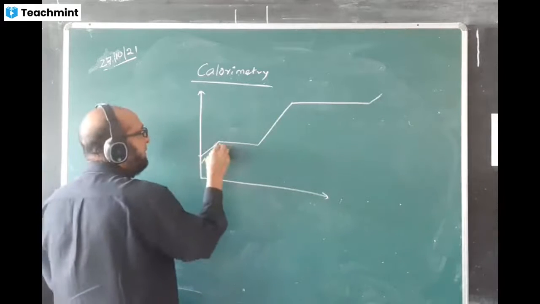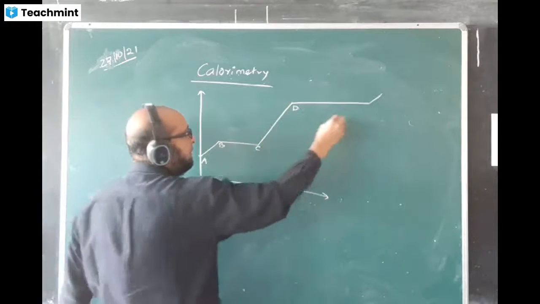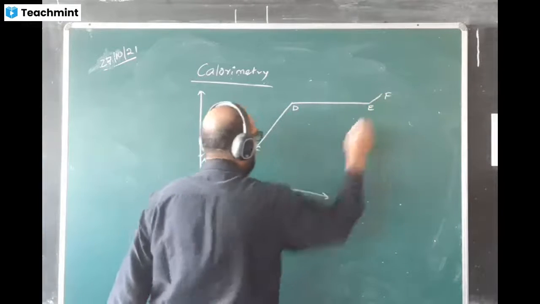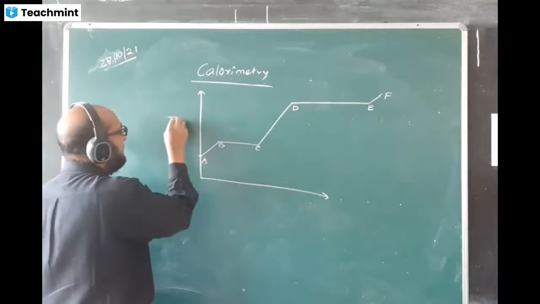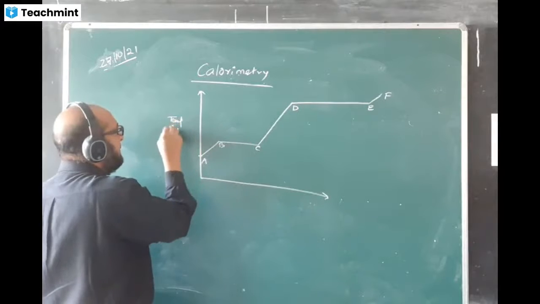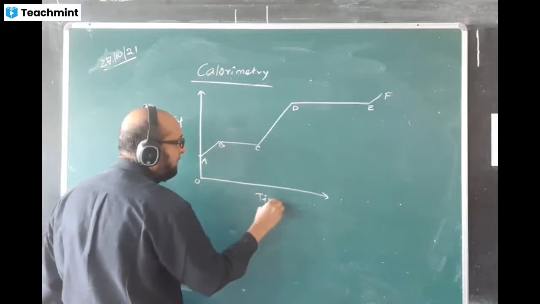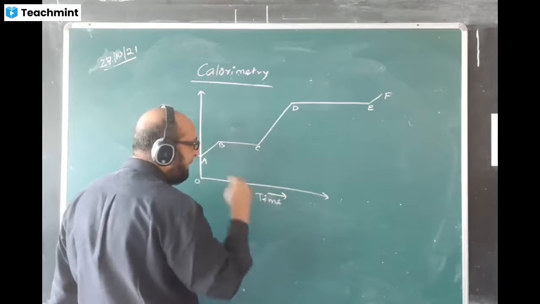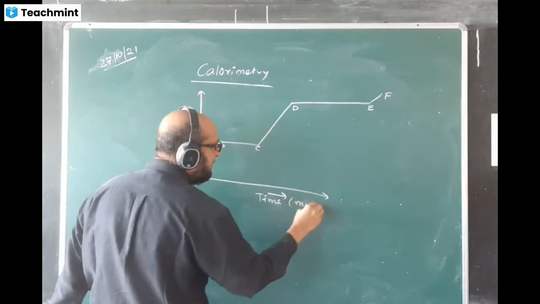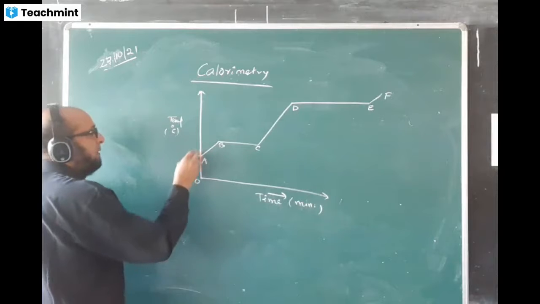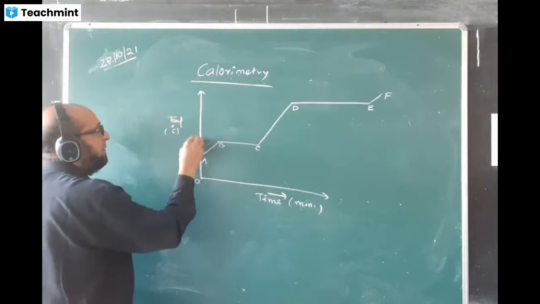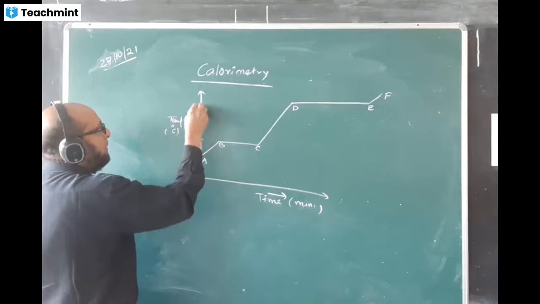They have written A, B, C, D, E, F, and here is written temperature. Temperature in degrees Celsius. It is given time. Time is taken here in minutes. And here they are writing T1, T2, T3,